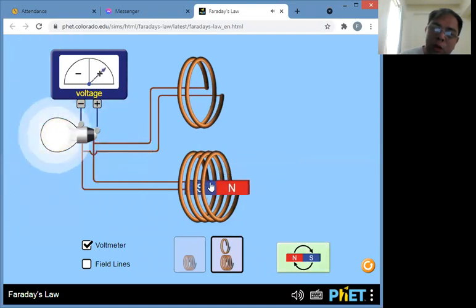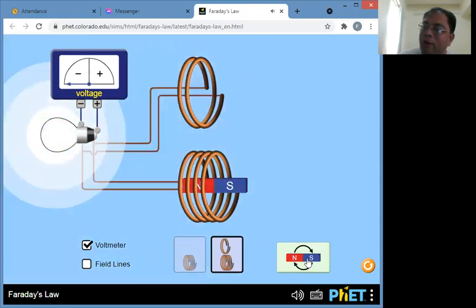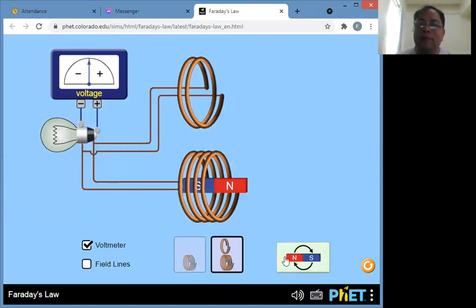Now try to notice, and we will try to do it again. You'll notice that this one will light up much brighter when we click or change the poles of the magnet much more quickly. Okay, so do you see the point there of the discussion? So basically, that's what